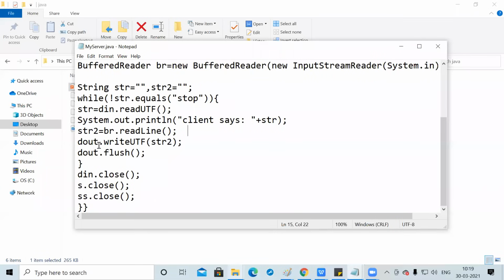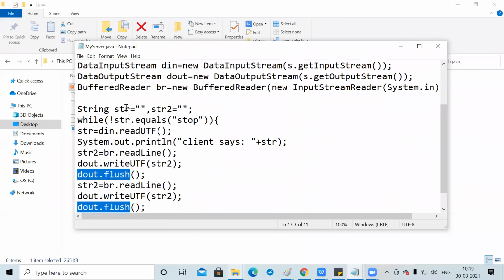So dout is used to write UTF, and whatever the server has written will be written to the client, and then dout.flush to the client. Finally it will close the communication, s.close, ss.close. Communication will be disconnected, and that is the end of this code. So this way it is happening.